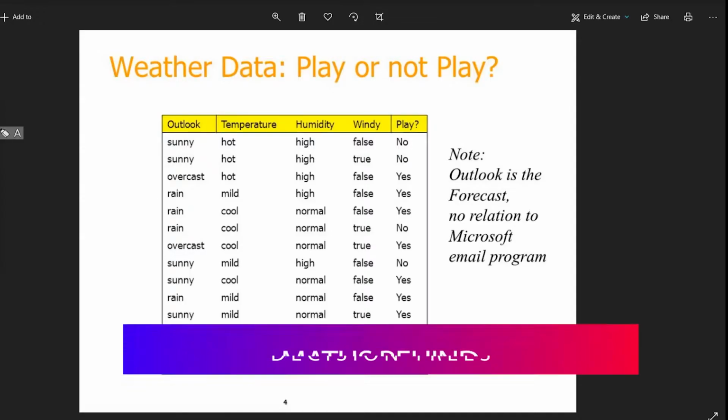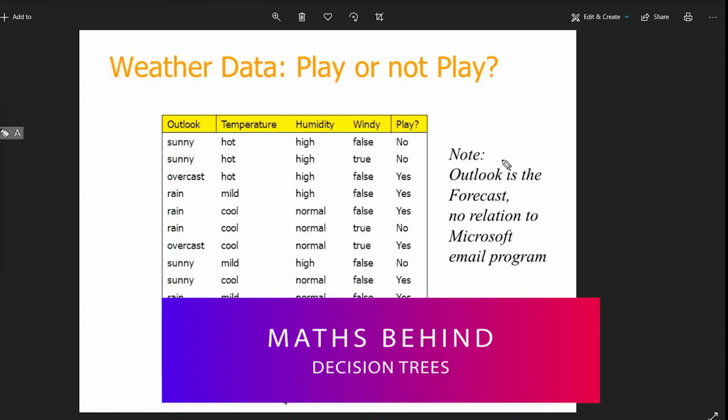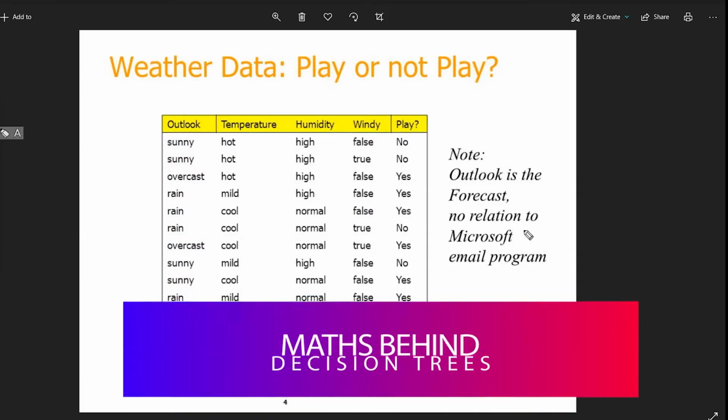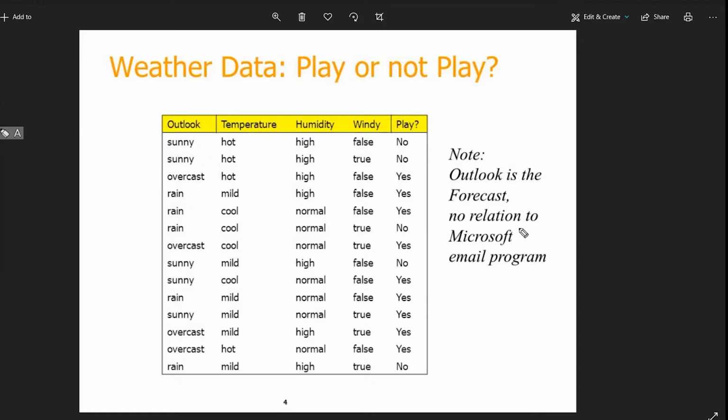So guys, in the last video we talked about how we are going to make our decision tree. We said we are going to use entropy and information gain instead of Gini index, although I am also going to tell you how you can use Gini index at the end of the tutorial. So let's suppose we are going to use entropy for now. The first thing that we need to understand is what is entropy.